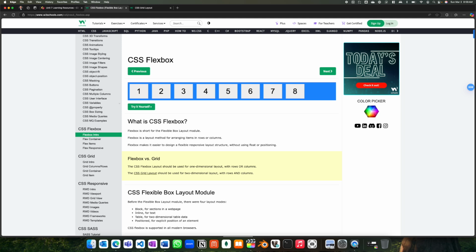Flexbox is great for arranging items in a single row or column, making it useful for things like navigation menus or centering elements on a page. It automatically adjusts content to fit different screen sizes, making layouts more flexible and reducing the need for complicated coding